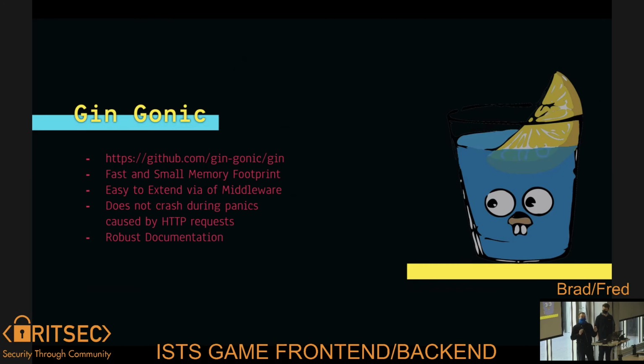That caused issues with locking, because we had a lot of requests. One of the great things with Gin is it just kept going. You would see the panic happen in the logs, but it kept working for everyone else. I was really surprised how well it held up during the competition,